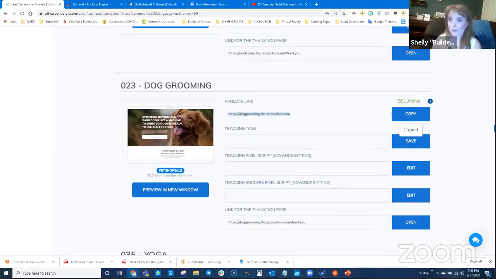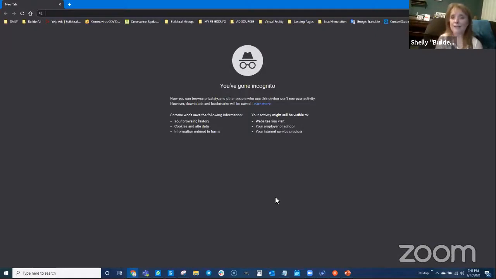But in Chrome, I'm going to go to the top right-hand corner, and there's 3 teeny tiny little dots, and you're going to click that. Then you're going to choose new incognito window. When I click that, you'll see that it says that we are now in incognito mode. So what this says is it doesn't see me logged into Builderall. It doesn't see any cookies. It's not seeing anything at all that identifies me as already a Builderall member, which is great because now I'm going in like I'm Frankie and I'm going to sign up to be able to get that free website.